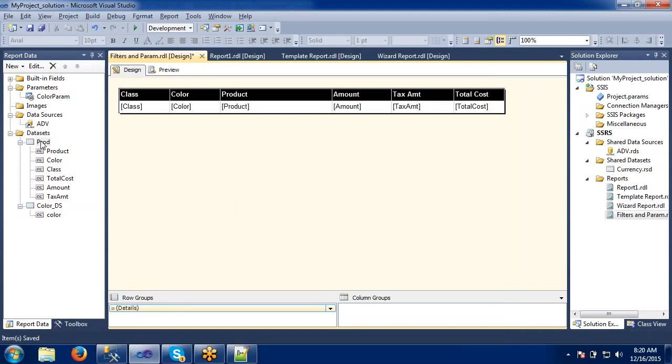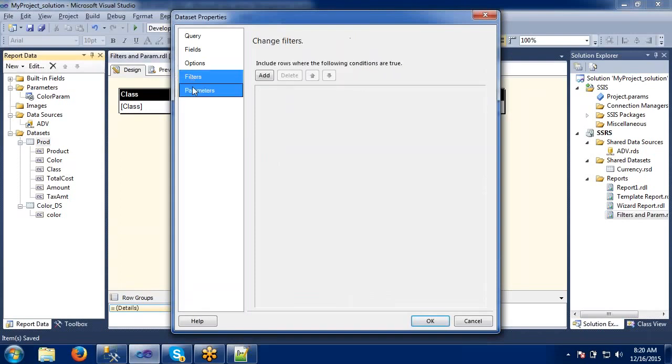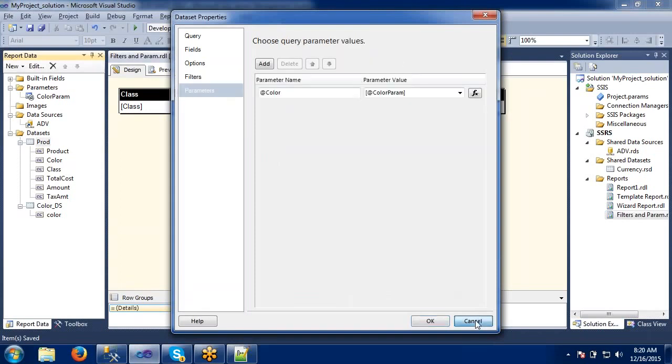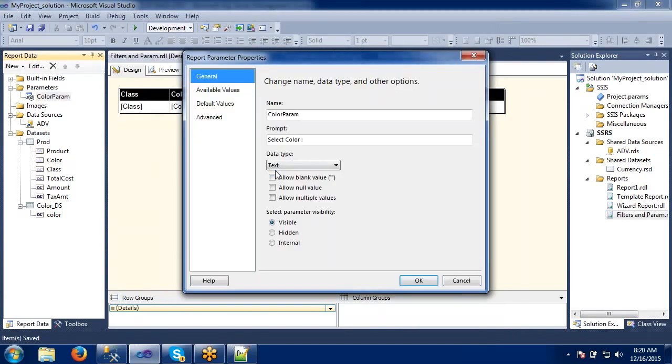Now just now we have seen one option here, parameters, from the report level parameters. These are the three options available in the report level parameters.